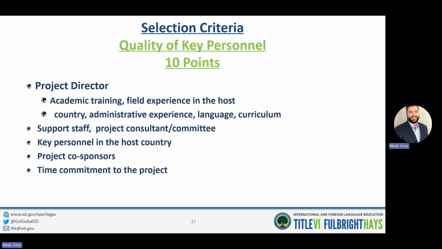You should also show, as part of your institution's non-discriminatory employment practices, how employment from underrepresented groups will be without regard to race, color, national origin, gender, age, or disability. In the appendices section, you should upload abbreviated CVs, which should be no more than 3 pages for each key personnel. So your project director, your institution, your US-based key personnel, and your host country key personnel should all have your 3-page maximum CVs included in the appendices.